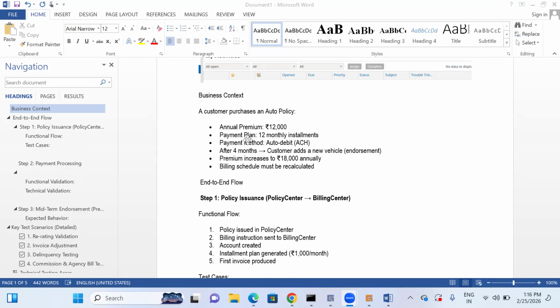So what should the premium be? Earlier it was 12,000, now we are moving to 18,000, and the premium has increased to 18,000 annually. So how does the system have to recalculate the schedule? This is a business scenario that one should understand from the Guidewire Billing, from the testing perspective I'm referring to. It can be related even to developer roles